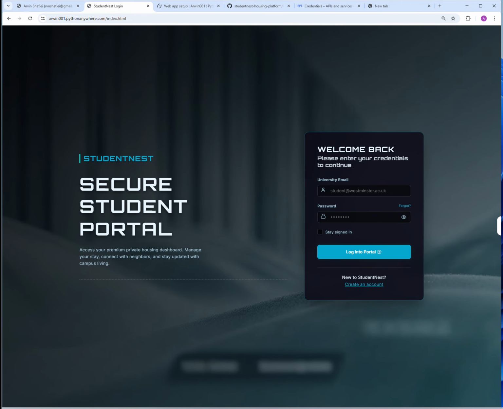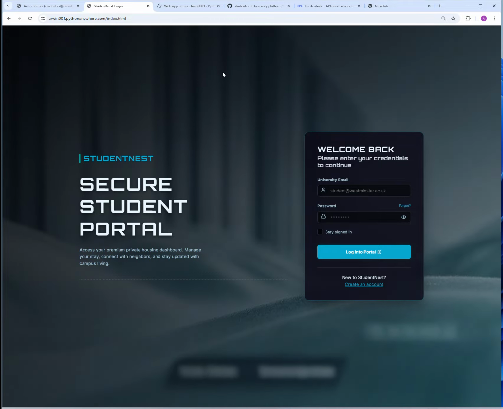In this demo, I'll show you how the website works from the user's perspective, including navigation, account features, room browsing, and room details. I'll show you how the favorites and the messaging system work, and the dashboard functionalities. First things first,